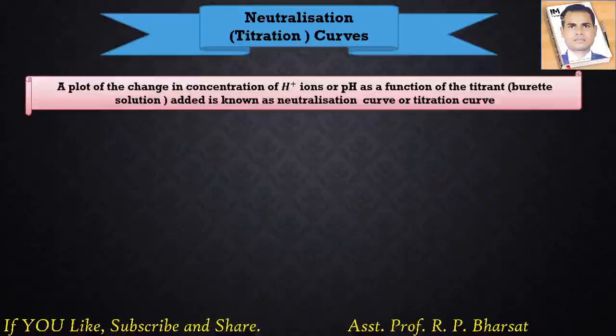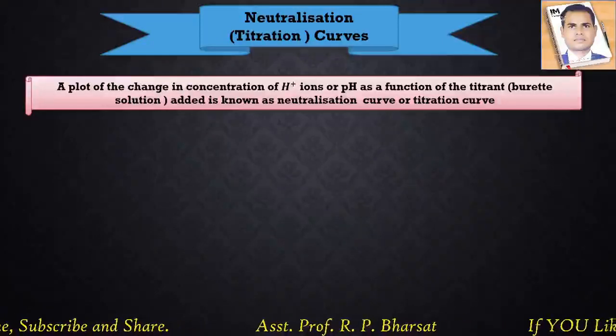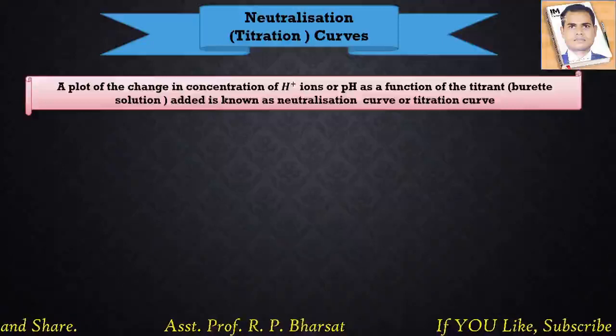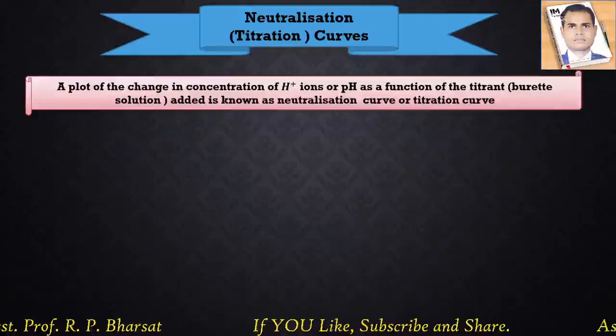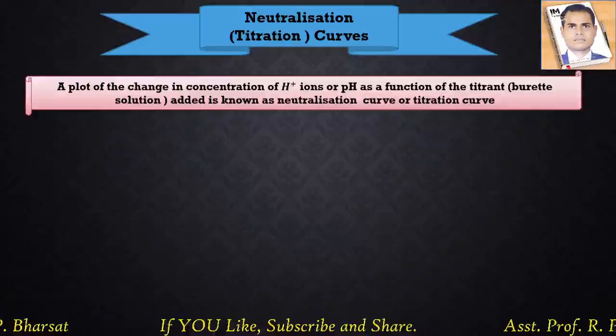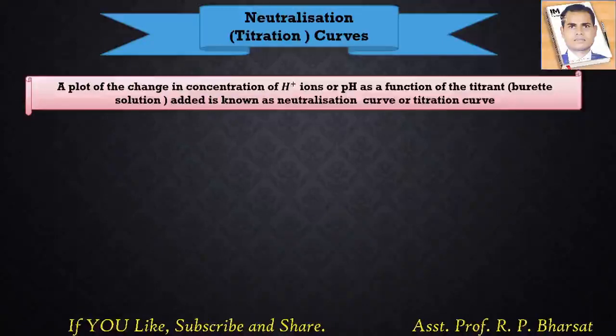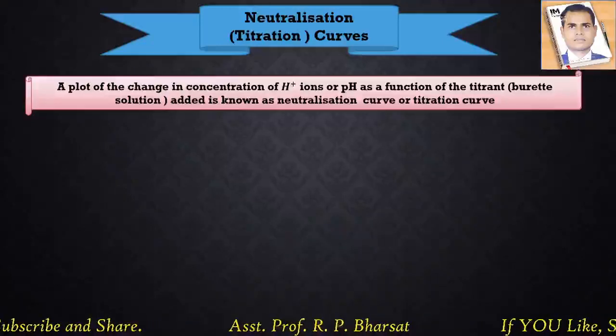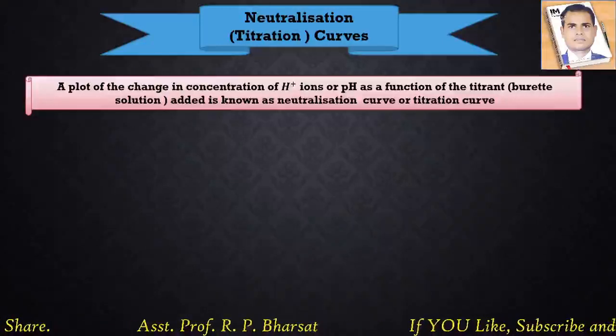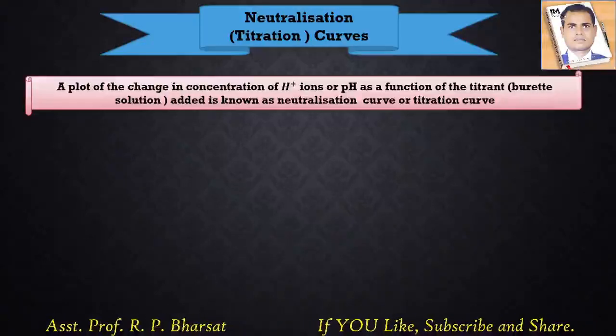If you are doing an acid base titration, in that we will add base into the acid. So whatever pH-changing graph you get, that graph is nothing but the titration curve. We have to see the curves in detail with the help of some terms. The first one is